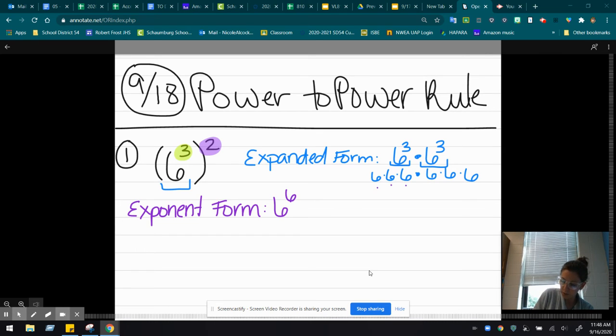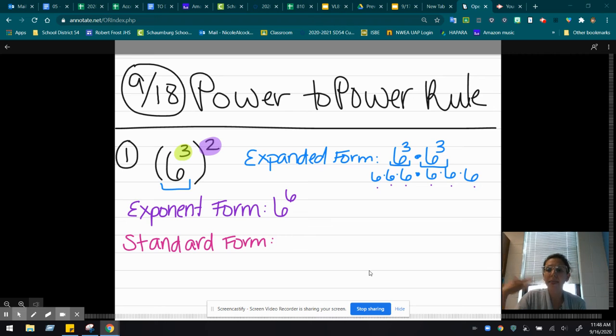1, 2, 3, 4, 5. There are 6 sixes. And then standard form means I'm just going to use my calculator and calculate it. So for standard form, that's just the answer. And it's much easier to use the exponential form and then put that in your calculator. So I literally type in 6 to the sixth power, which ends up getting you